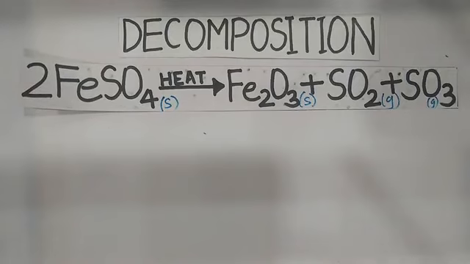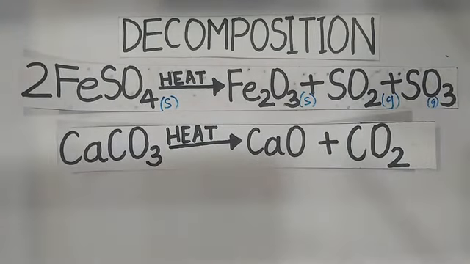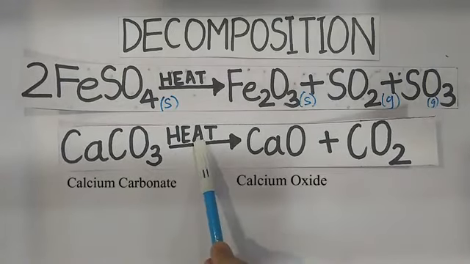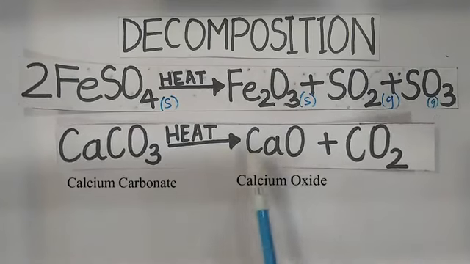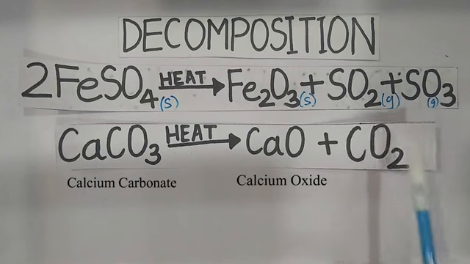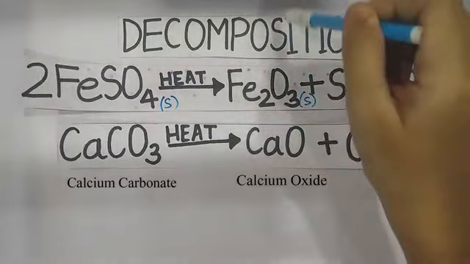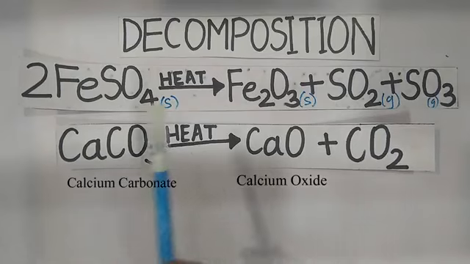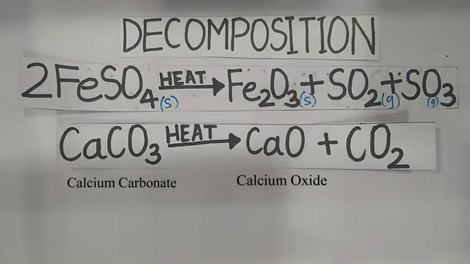So we have another example where simpler compounds are being formed from a huge compound on the reactant side. What is there on the reactant side? CaCO3, which is calcium carbonate. That is being heated up to give us CaO, calcium oxide, plus CO2, which is carbon dioxide. So that was also one of the examples for decomposition, where a big compound requires heat to break down into smaller compounds.